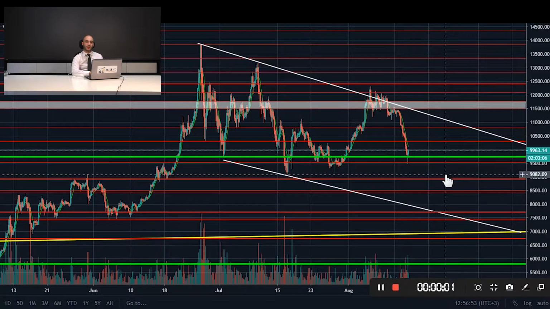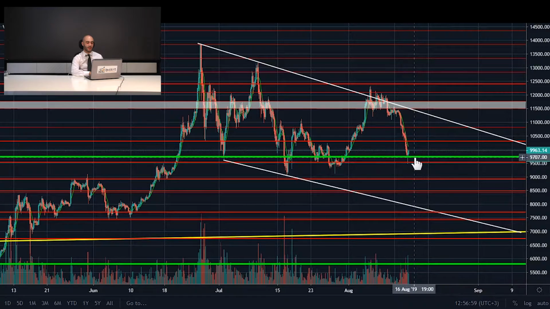We are continuing with the 4-hour chart, and we are seeing that the price is still trying to stay over this green line, and as long as the price stays over it, we can expect an upwards move for the short-term trend of Bitcoin. If we see a bit of a flat move over this green line, after that we can think that the price is balancing the sell pressure with the buy pressure, and then maybe we can see an upwards move to the next resistance line, which is 10,300, and maybe the price can cross this one,